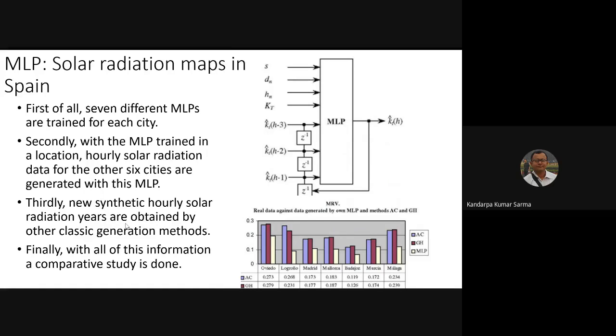Then there are works reported by a Spanish group where they have used the multi-layer perceptron to generate solar radiation maps in Spain. So they have taken data from a number of years, and this particular group reported a study that was carried out for about 30 years, and they took all the geographical reading of the solar light distribution in all of Spain, and then they took the data specifically for six cities,